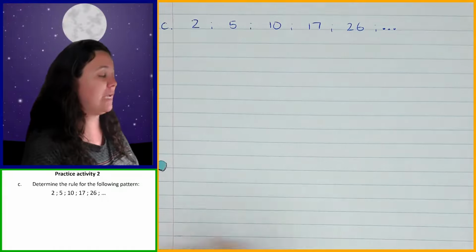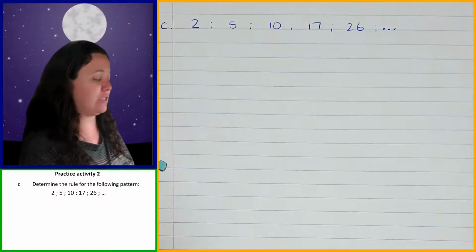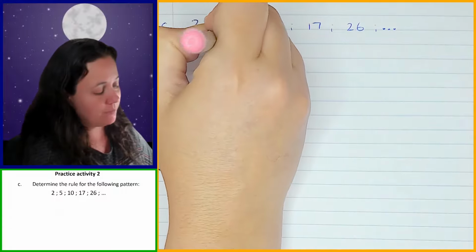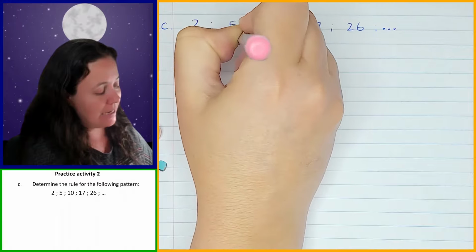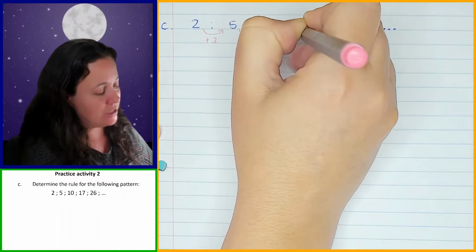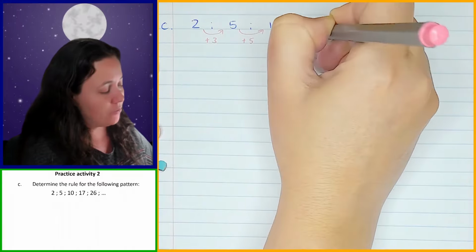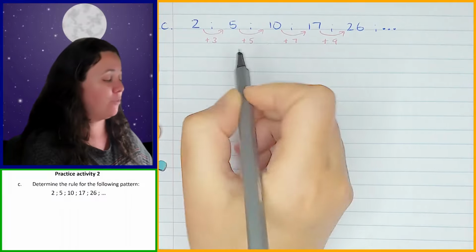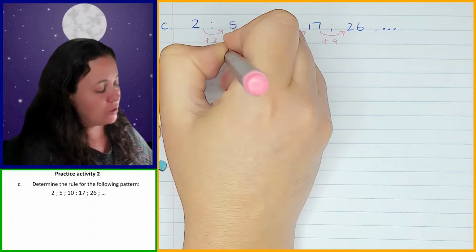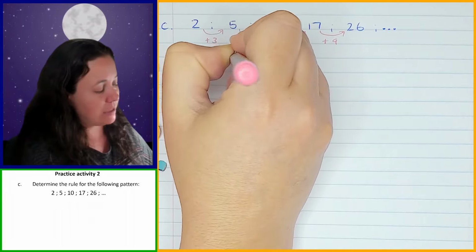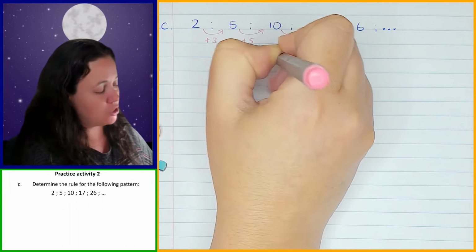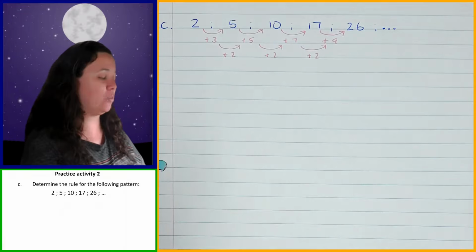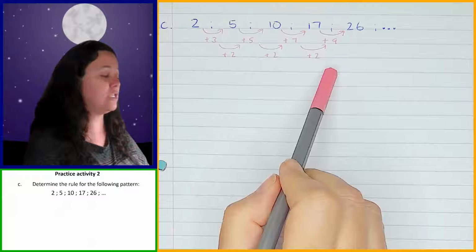So now let's go and check what our second level of differences is going to be. From 2 to 5, I'm adding 3. Then from 5 to 10, I add 5. From 10 to 17, I add 7. From 17 to 26, I add 9. Okay, so you can already see that that is forming a pattern. So here I've got a second level of differences where it's plus 2, and plus 2. So when you get a pattern where the second level of differences is constant, you know that